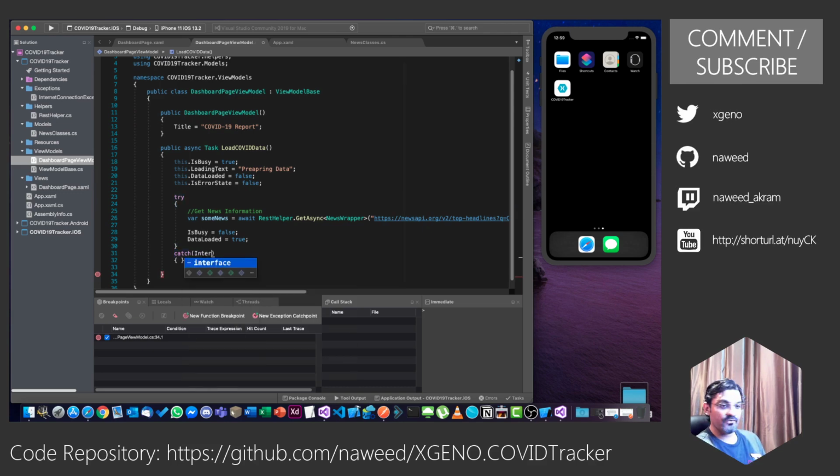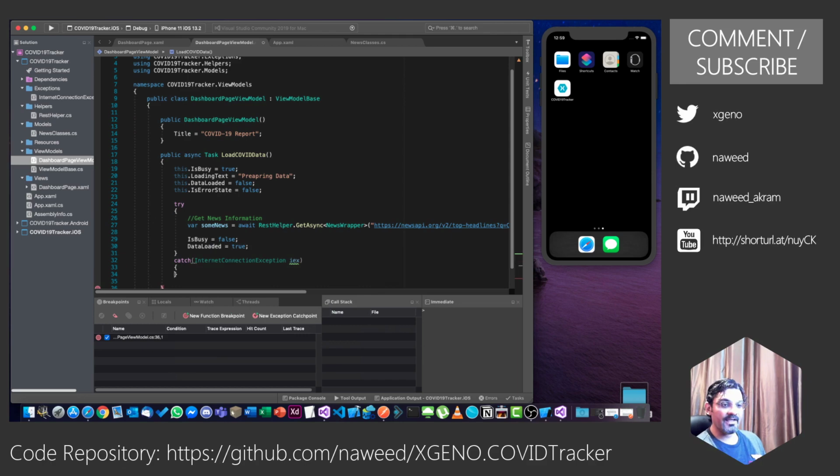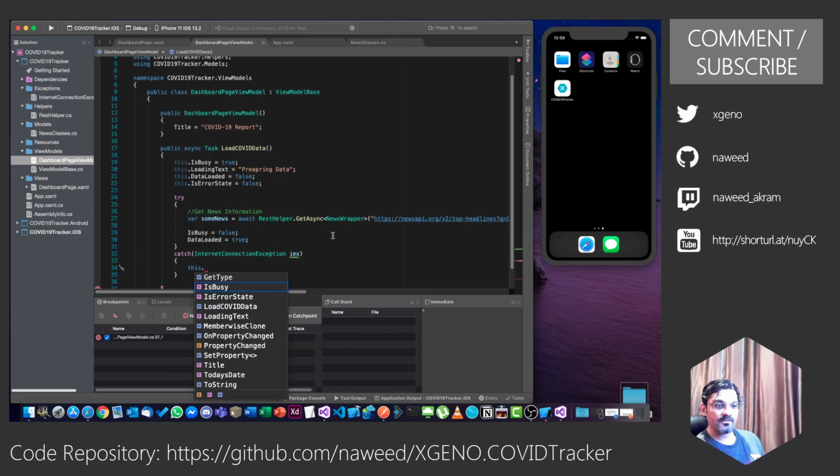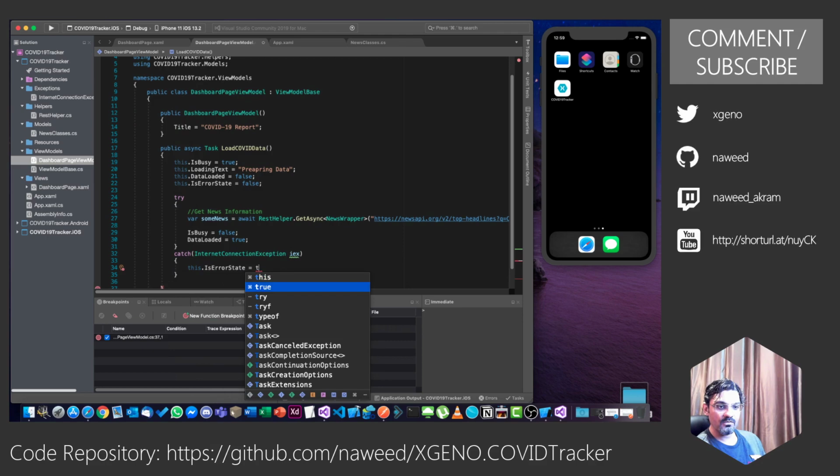So if it was an internet connection exception, let's call it iex. I can display some error message. So one of the things I will do, I will say this dot IsErrorState equals true.